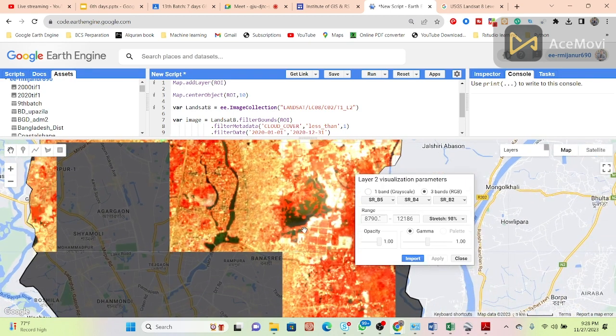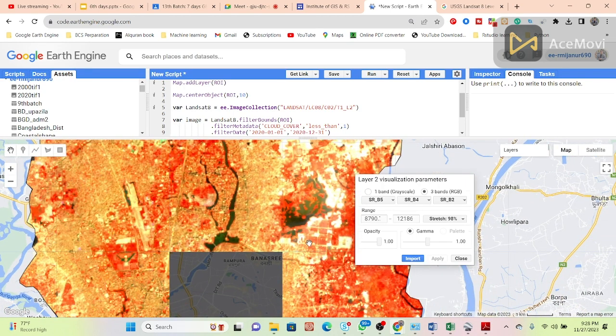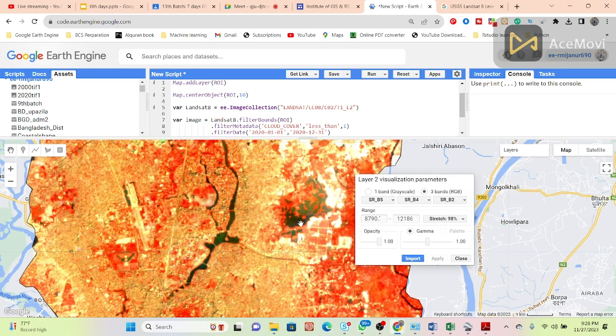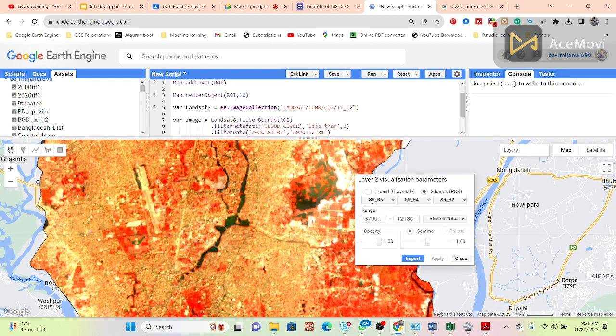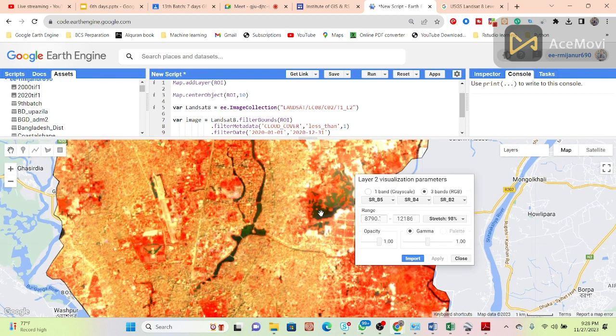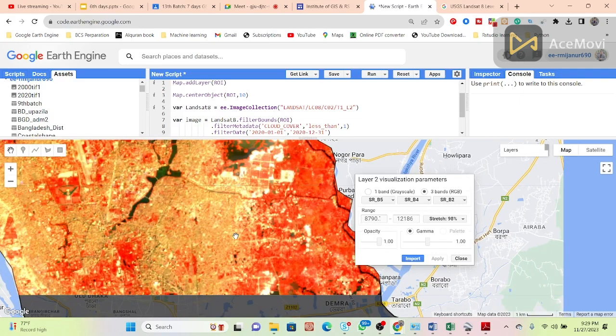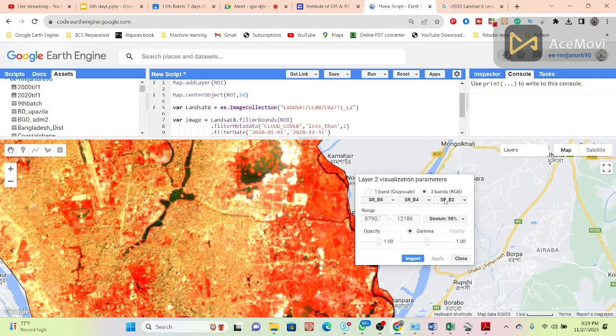In this one you can see I get the water body as this type of black color. Suppose you use this band combination, near infrared, red and blue, then we can get the water body as black color or dark color, as well as the vegetation as a red color. So this is another band combination we also use to identify the water body and vegetation,